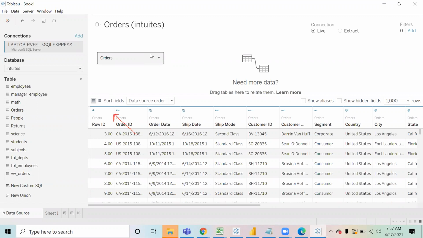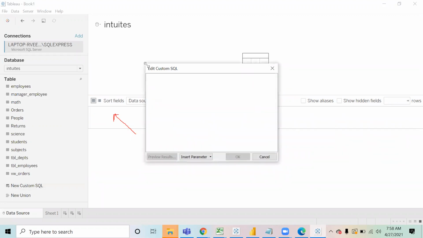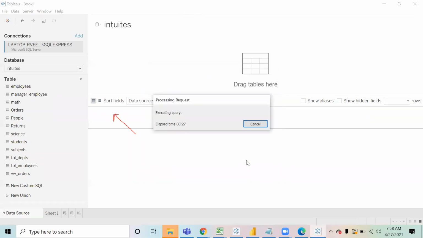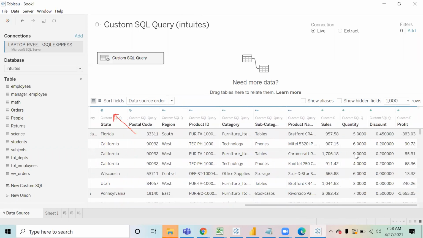Okay, thank you. And if you want to write your own SQL query, you can write that as well. For example, if you remove this, you can write your own SQL query. Suppose I say select star from orders where sales is greater than 500. Now only that data will be pulled where the sale is more than 500. I don't have to open SQL Server again for this. You can write your own query here, click on OK, and the data will come according to that code. You see now the sale is more than 500 everywhere.